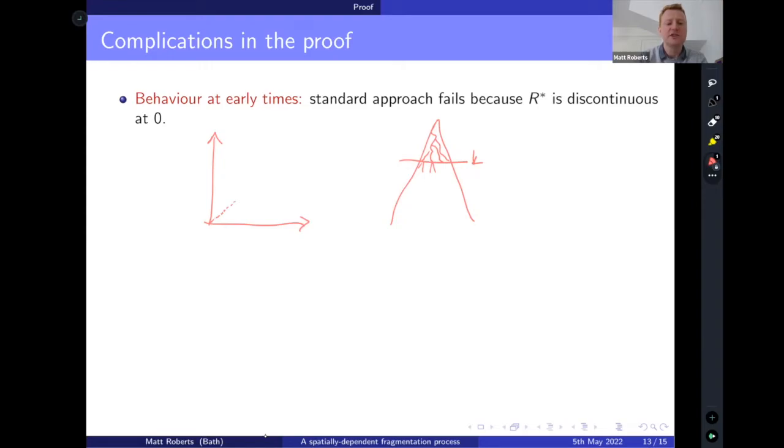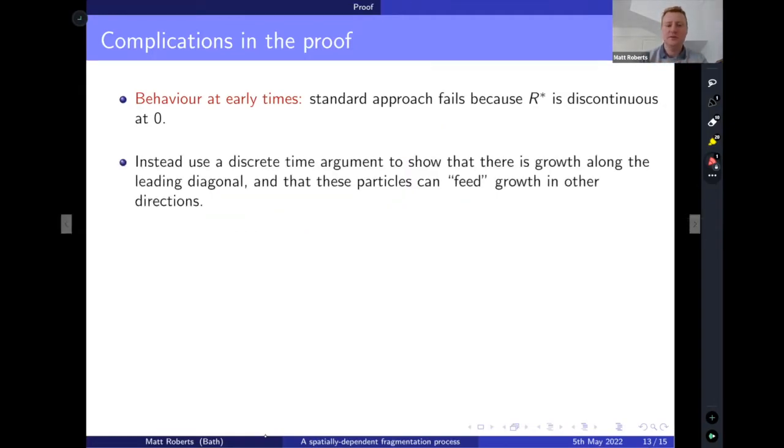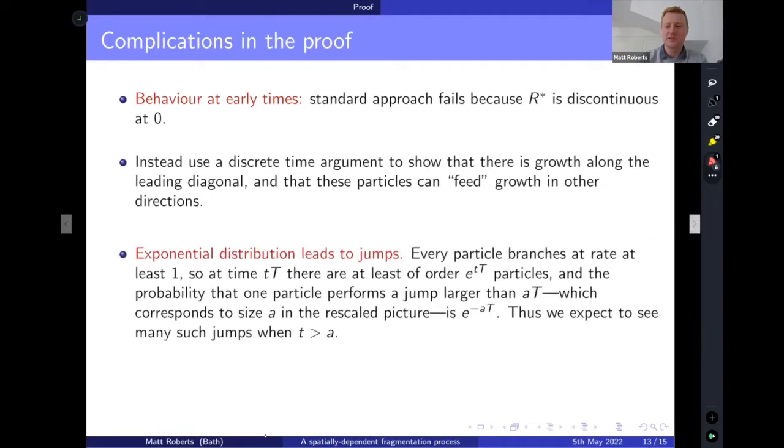And then we show that there are enough of these to feed off into other directions, whatever other possible directions there are. Somehow we can get good enough control in that way to get the argument working. So: discrete time argument, show there is growth along the leading diagonal, and that these particles can feed growth in other directions. Okay, and another complication